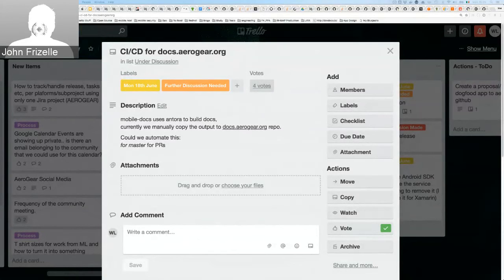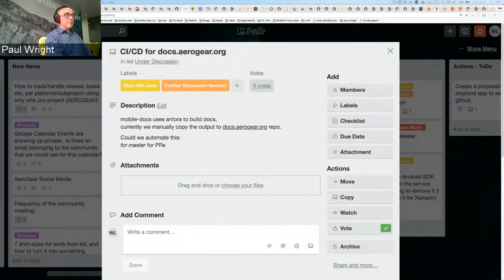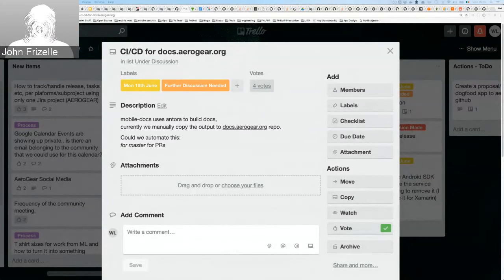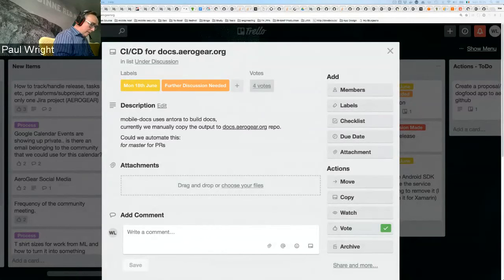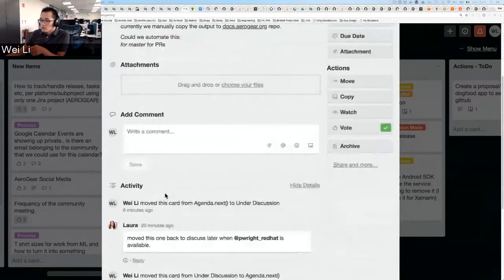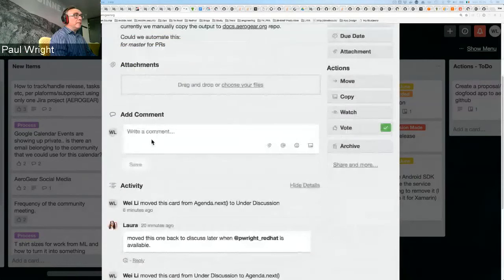Perfect. I'll wait for that. That's fine. But in the meantime, if you could just add the last couple of steps so that anyone who needs to can do the manual process to publish the docs, it's not dependent on tribal knowledge. Yep, will do. Cool. Do we have a link handy, Paul? For the README file, yeah. Okay, I'll throw that into the chat. It is now in chat.